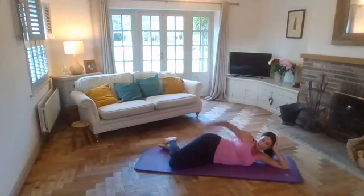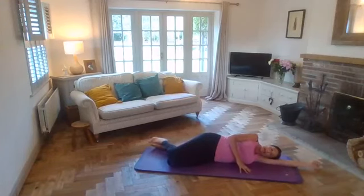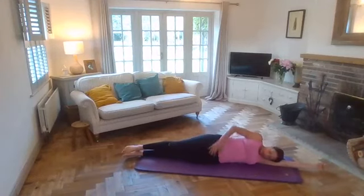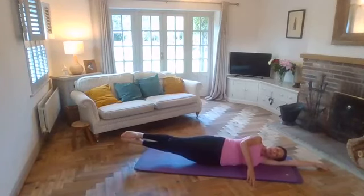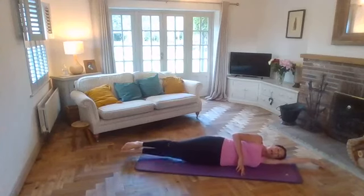And close those legs down. Give yourself a little pat here. So making sure that you've just released that leg. We're going to take ourselves back down and straighten the legs completely. So just look down your body, make sure you're in a nice straight line. You're going to lift both legs together. So we lift up and down,